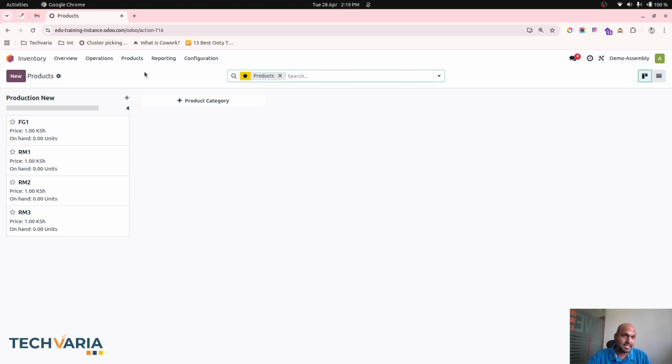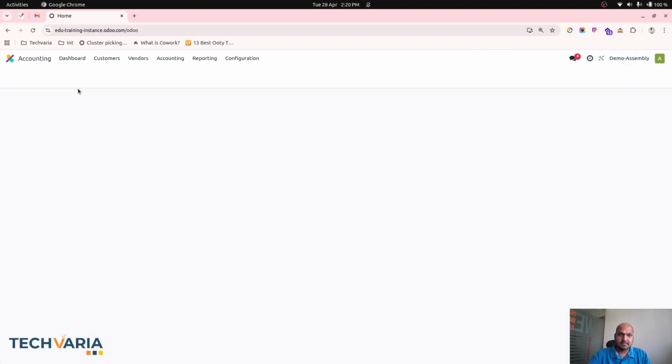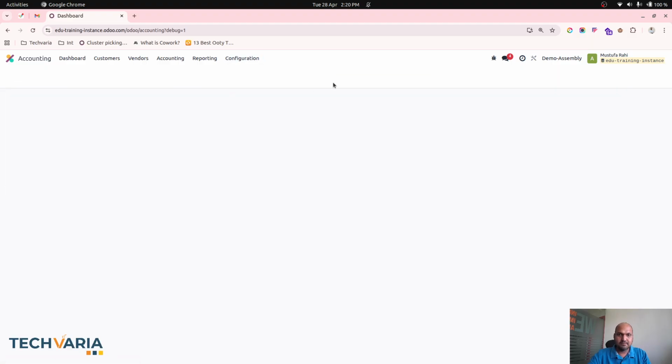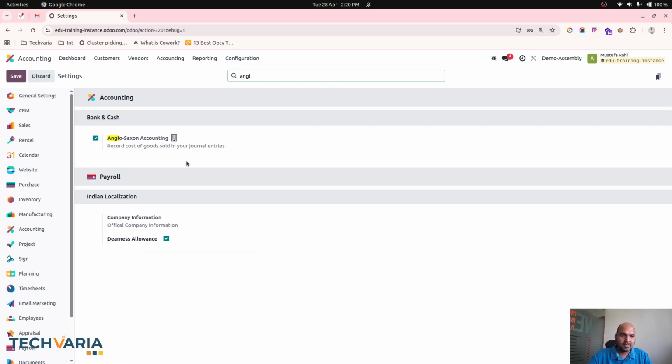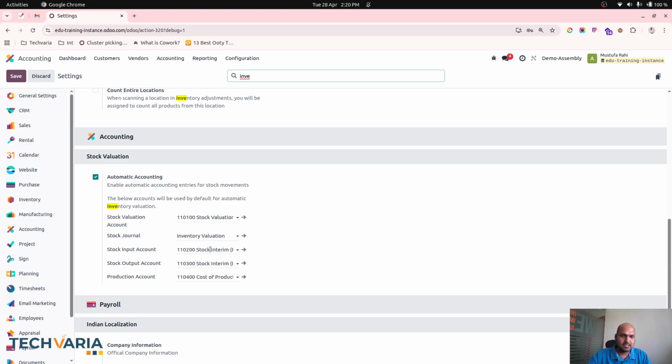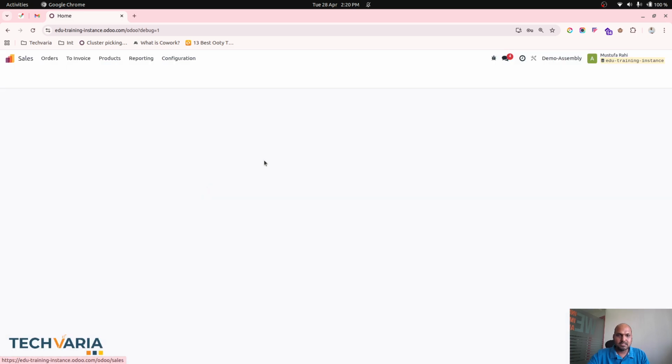So this is my Odoo 18 database, where the stock valuation and its methodology is totally different. It's Anglo-Saxon accounting. Let me check the Anglo-Saxon setting over here. If I go to accounting configuration, I can check that Anglo-Saxon is on. In my other part, when I go to my inventory setup, the stock valuation, stock interim received, delivered, and cost of production accounts are all set over here. And then we will focus majorly on